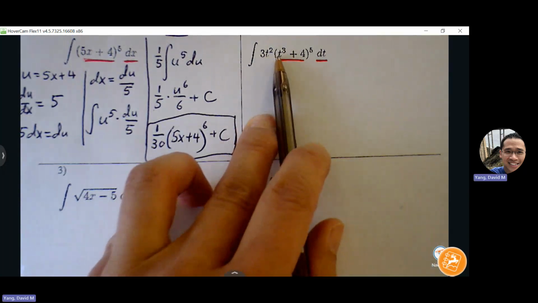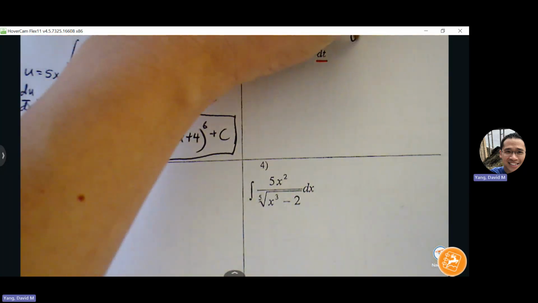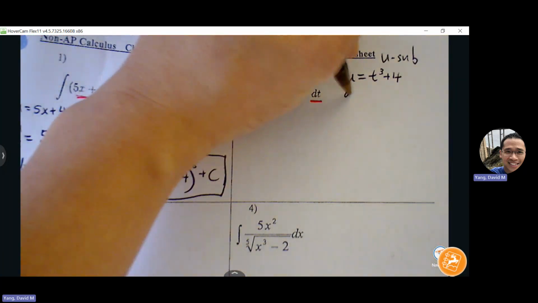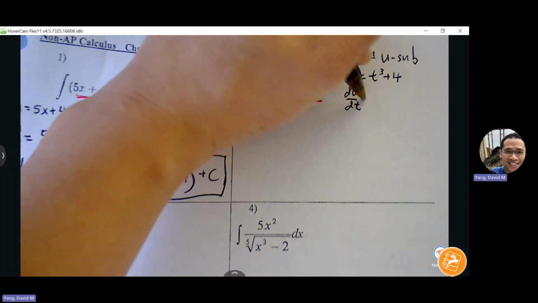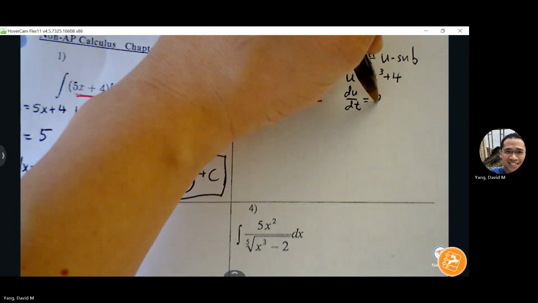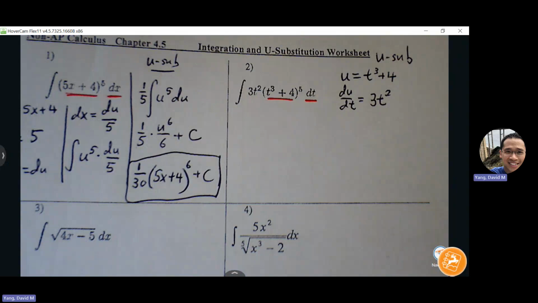Yeah, you got that degree 3, and that degree 3 will handle that degree 2 fairly easily. So u equals t cubed plus 4. And then from there, you're going to do du over dt, and then keep going, right? And then d over dt is what? 3t squared, right? And then solve for dt, and then clean all that up. Okay, so the rest is just getting it so that eventually power rule will show up, and then we can